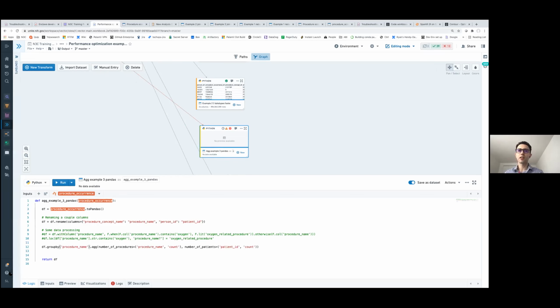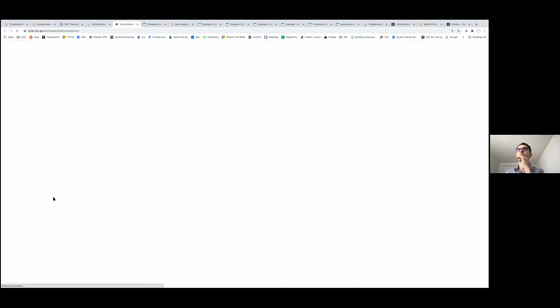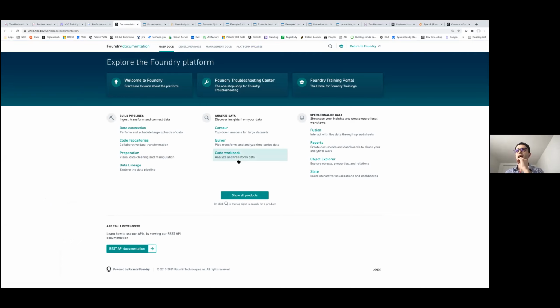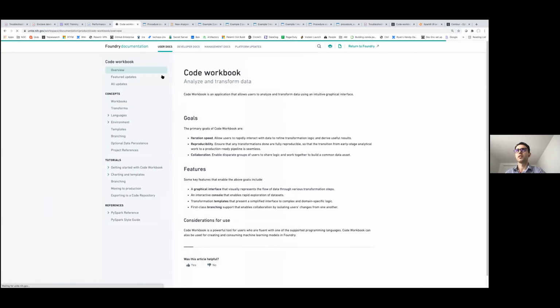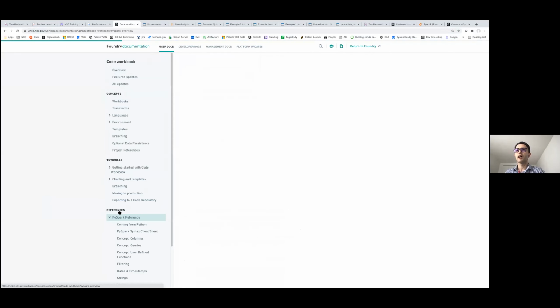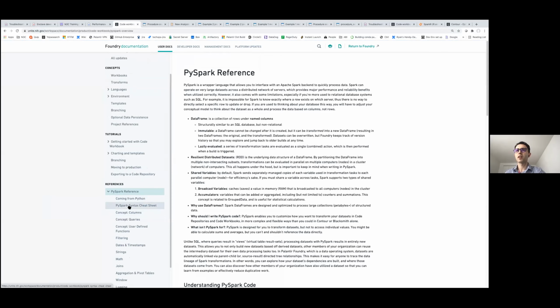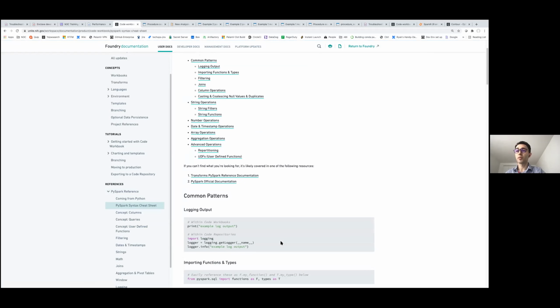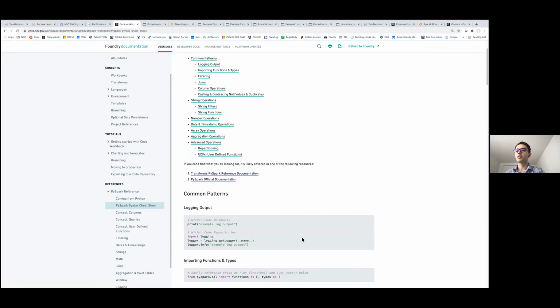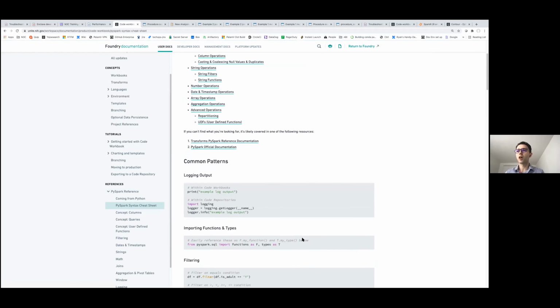In the Enclave, we provided some resources. If you click on the documentation and go to Code Workbook, refresh the page. If you go to PySpark reference, there is a PySpark syntax cheat sheet for people who use Python with the most commonly used operations.